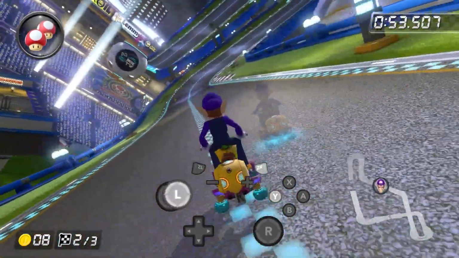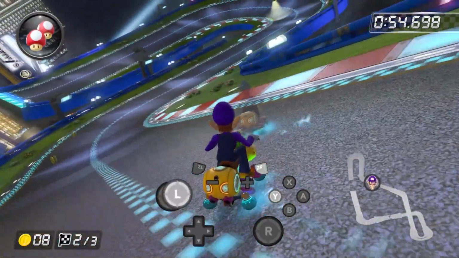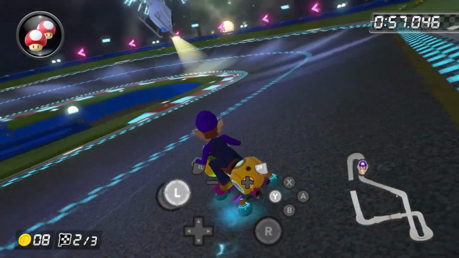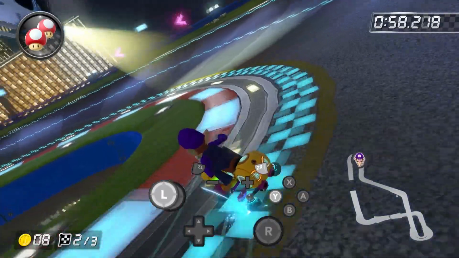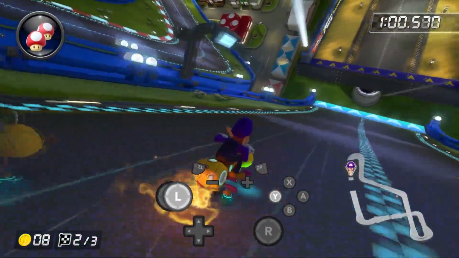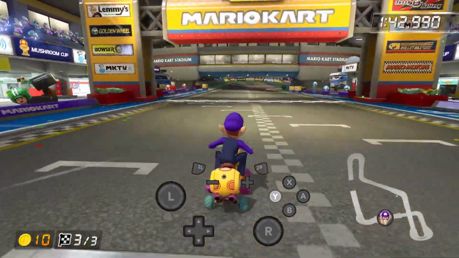Start drifting when you align with the final pole to the right and do a sharp drift to the right for a mini turbo. After that, hop from the middle of the curbs and when you land, hop into a sharp left for an ultra mini turbo. This takes about 0.3 seconds per race or 0.15 seconds per lap, so a time around 1 minute 43.5 should